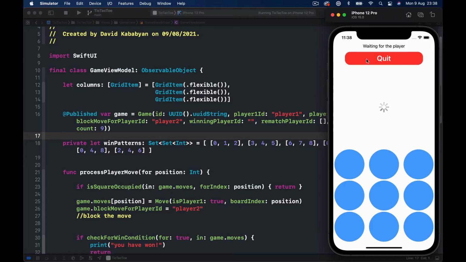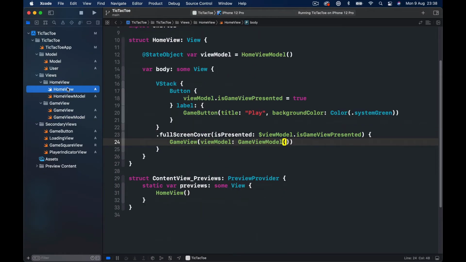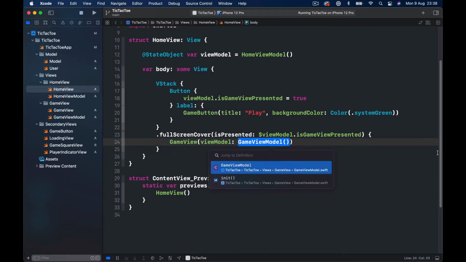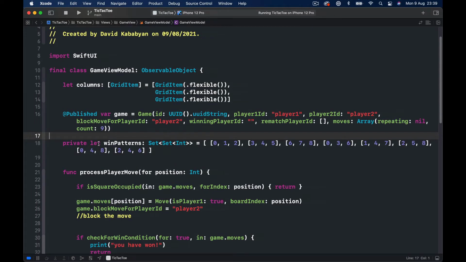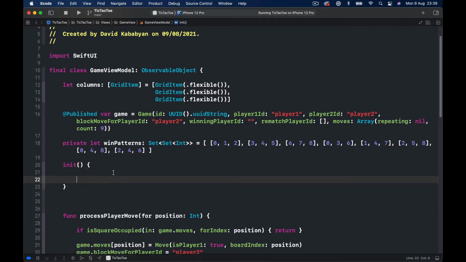How the steps will work in terms of the logic, we will talk again once the time comes. Right now I want to focus on the user. So whenever we enter our game view, and remember we are entering our game view from the home view, as soon as we initialize a game view, we are initializing a view model object. So in our view model object, I can put an init function that will be called as soon as the view model is initialized. So before we process any move, I am going to say init,